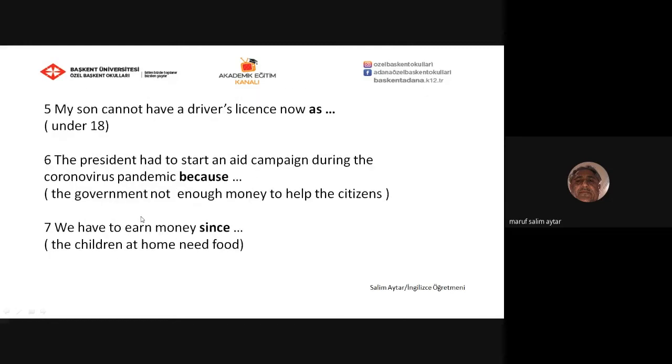My son cannot have a driver's license now. Why? Can you see it? Can you make it into a sentence, please? The president had to start an 8-HAB campaign during the coronavirus pandemic. Why did he have to start an 8 campaign during the coronavirus pandemic? Because... we have to earn money. Since, why do we have to earn money? Since...